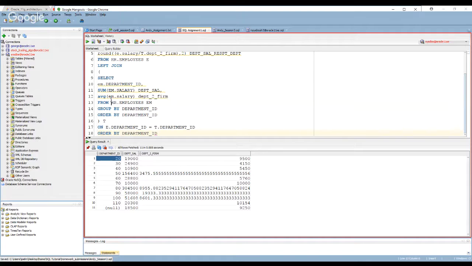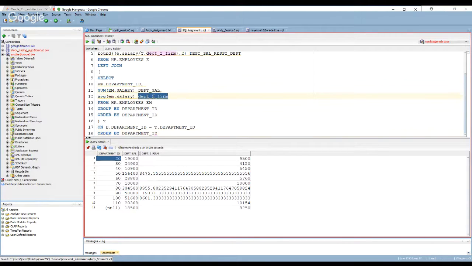Yeah, so I actually want to highlight the fact that if you don't label your columns or your aliases well, it throws you off down the line. Right, so I'm looking at department to firm and I'm going, okay, what does that mean? The formula says average salary, so why are you going to call it department to firm? So I say it has to be like department average to firm.